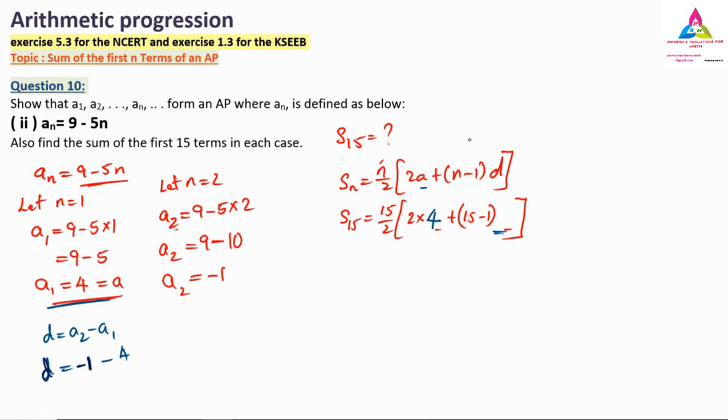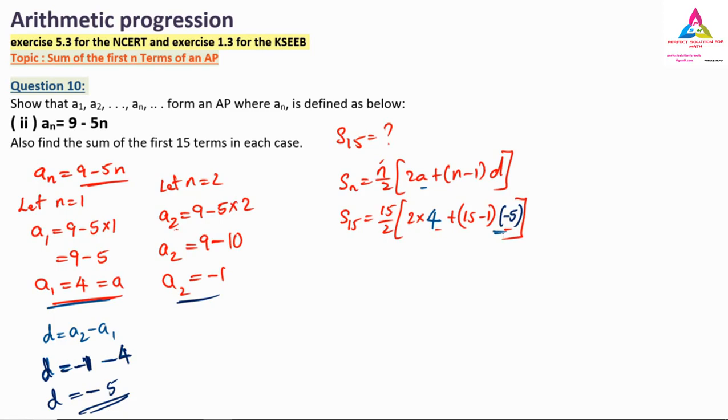d is equals to minus 1 minus 4. Minus 1 because of a2 value. Now both the signs are negative, so negative only. Both the signs are similar, that is both are negative only. So I have to add both the numbers. 1 plus 4 is nothing but 5. So what is the d value? d value is nothing but minus 5. That minus 5 I have to substitute here. I am writing in a bracket because it is a negative value we have.